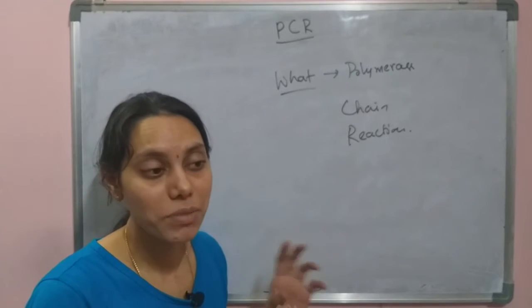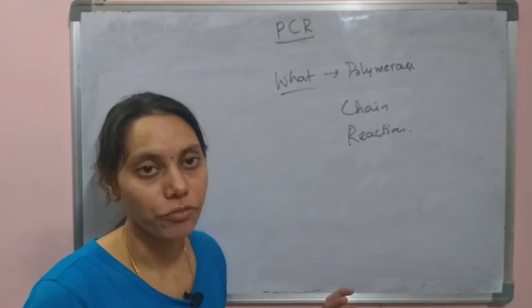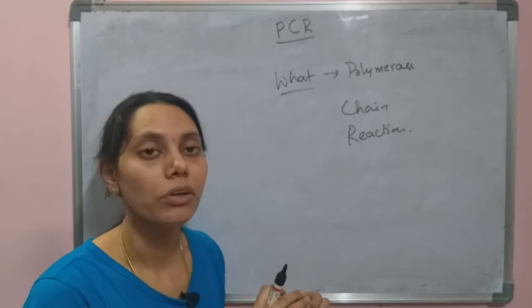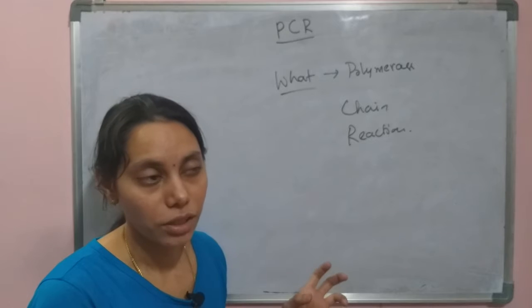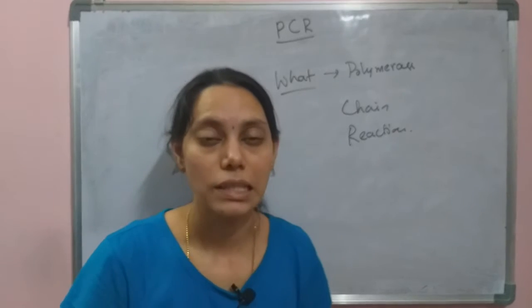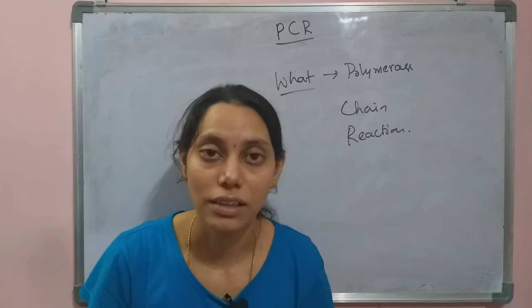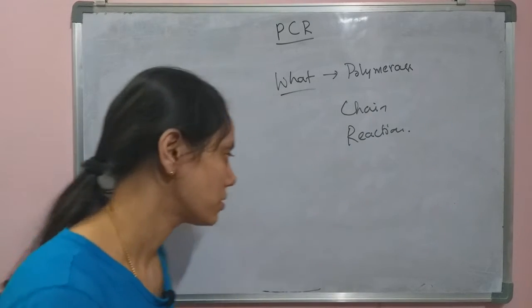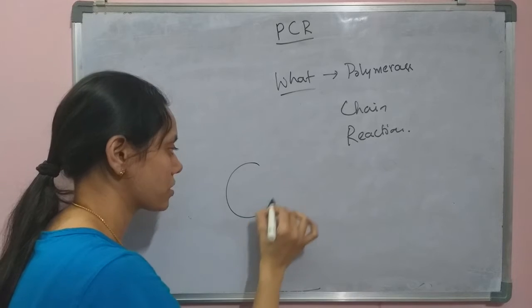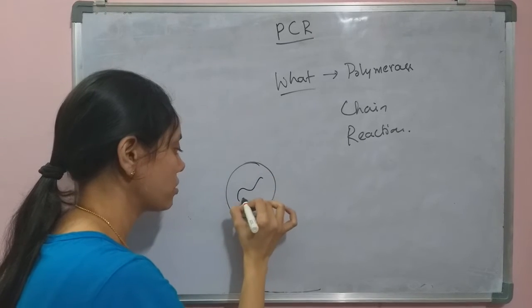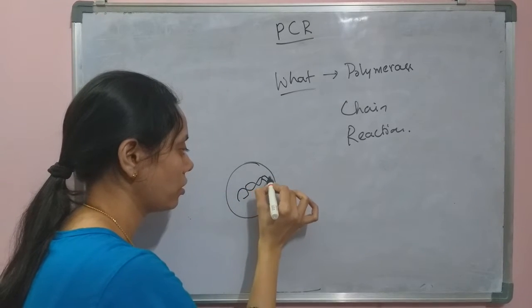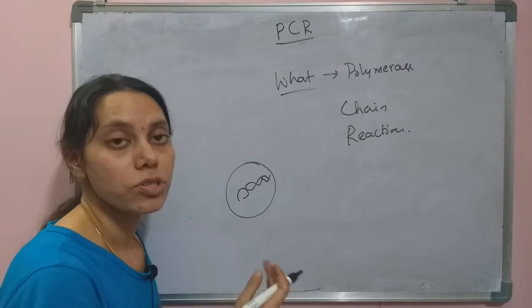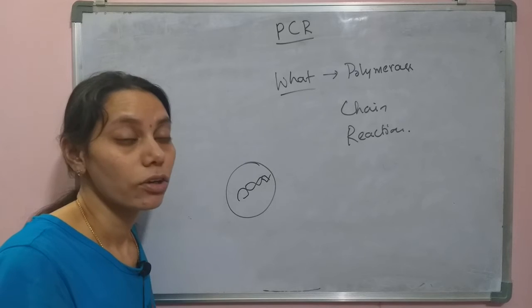Here it mimics the natural system of replication that happens inside the cell. If a cell wants to undergo cell division, first the genetic complement of the cell needs to be duplicated. If a cell wants to divide, the genetic material in it needs to be duplicated to give the same proportion of genetic material to its daughter cells.